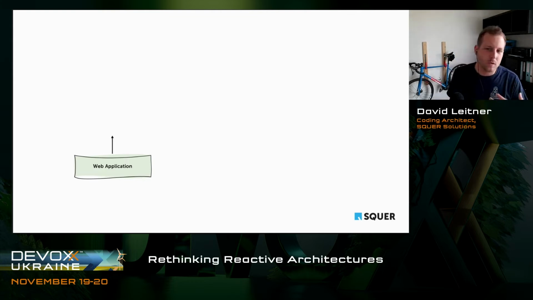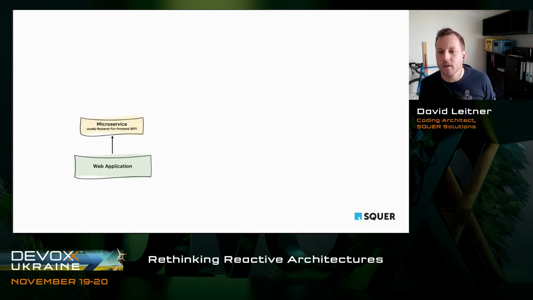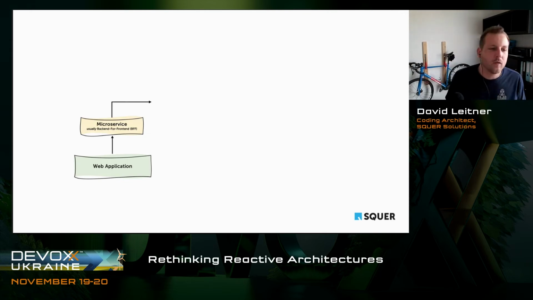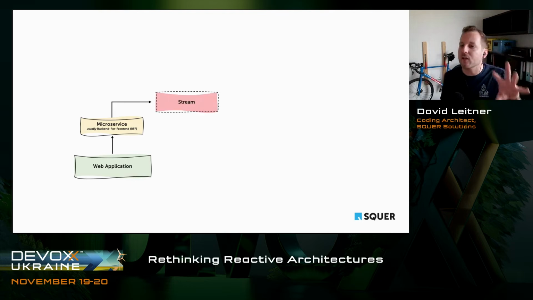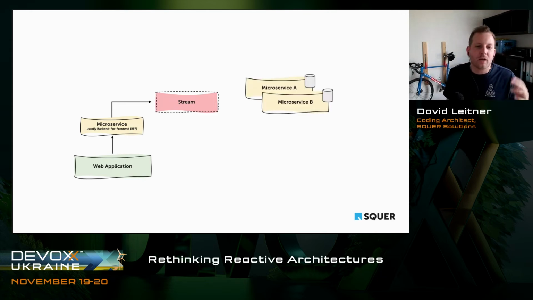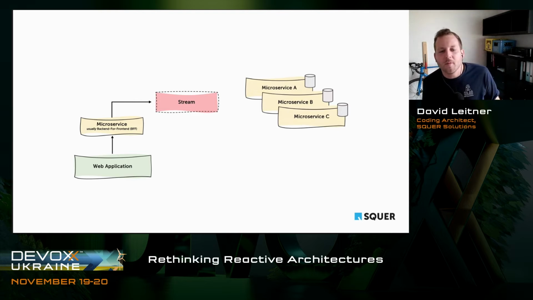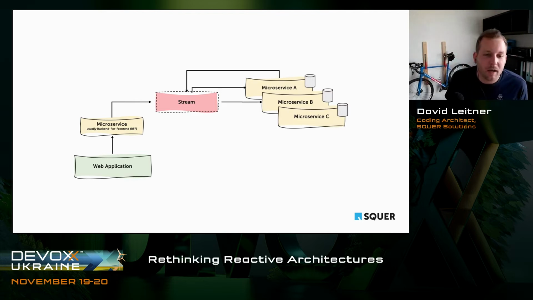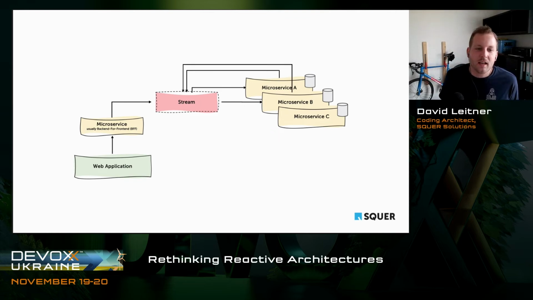We had a web application that was talking to a microservice, a backend for frontend or facade, whatever it is in detail, or just a gateway. This microservice then goes to a stream. And that's the center of the architecture, because all requests are published to a stream. When a user wants to create a new account, it sends an event to the stream, and microservice A is receiving these events, handling them and sending back another event. Microservice B is then consuming this event, sending back another event, and microservice C is then consuming this event and sending back another event.